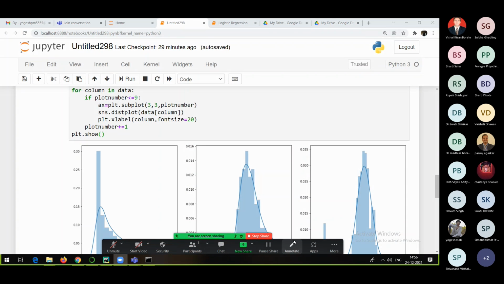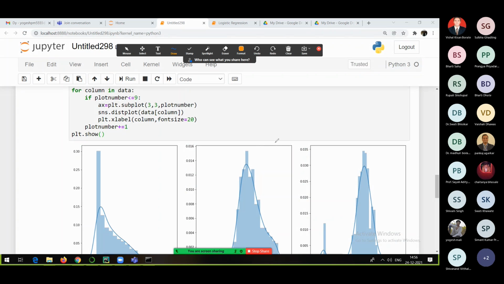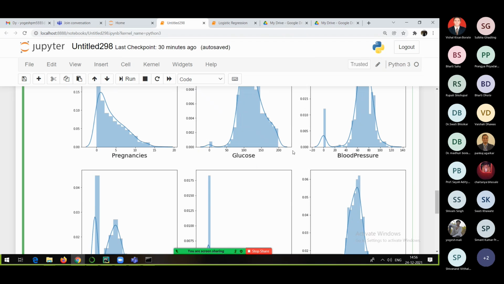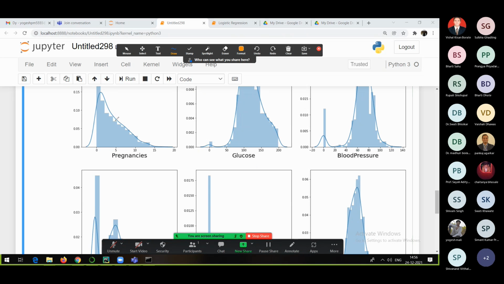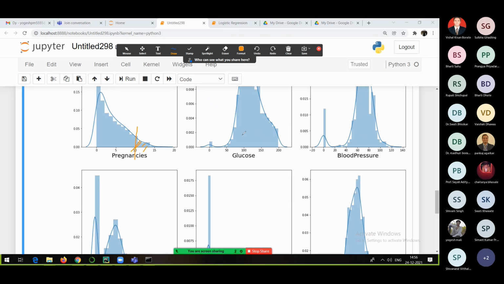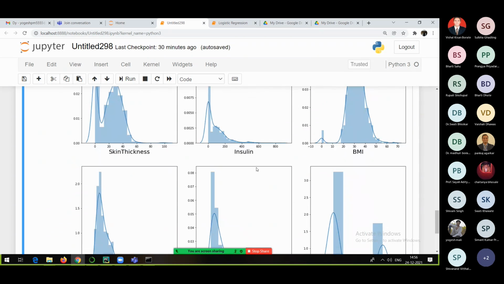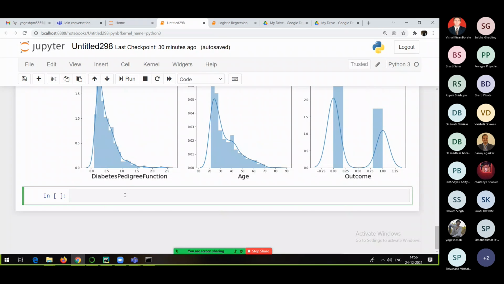Okay, I hope everyone understands skewness. In every graph, every plot, you can see there is skewness. If I highlight it, on the right side there is skewness, and here on this side too. This is called the tail. So there is right-skewed data and left-skewed data. If there is skewness in the data, we will not send these data for training.